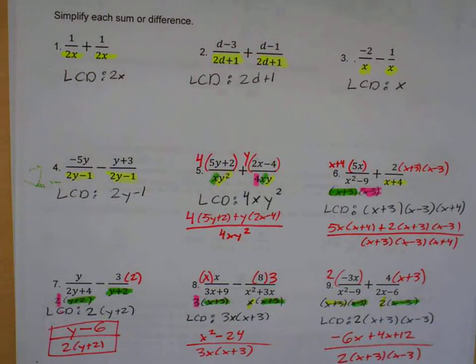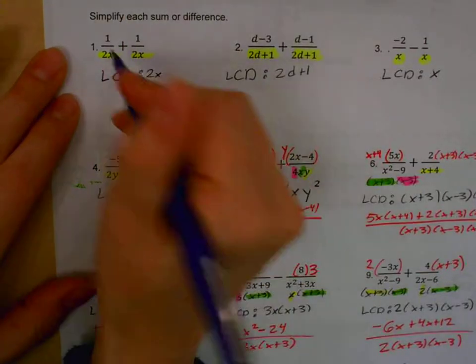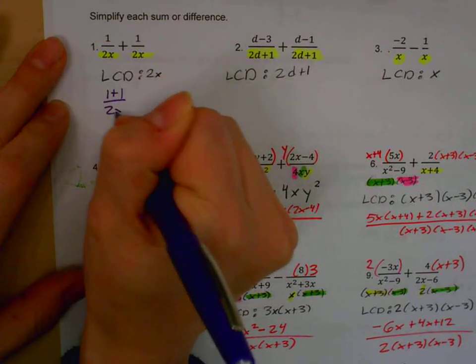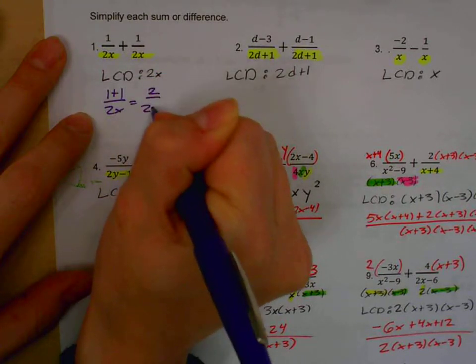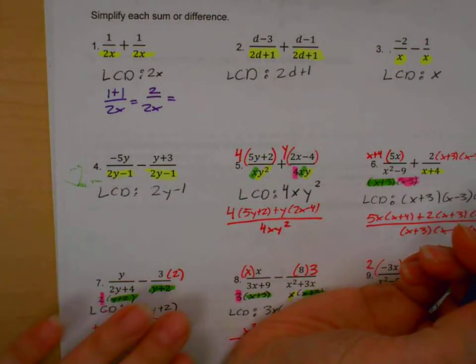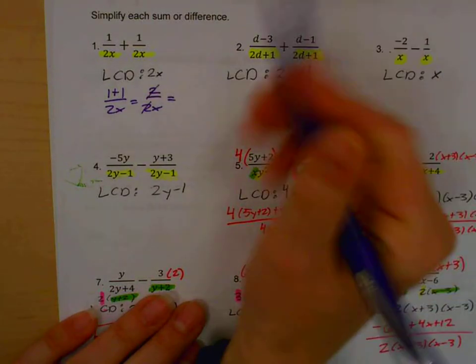Okay, back to Unit 6, Day 2 homework. So we've found all of our common denominators, and now we're going to start solving the problems and finalizing and getting them simplified. So on the first one we said we already had a common denominator, so we have 1 plus 1 over 2x, or 2 over 2x. Make sure you always check your final answer to see if things can be canceled. In this case, the 2 on the top and the 2 on the bottom can be canceled, and I get